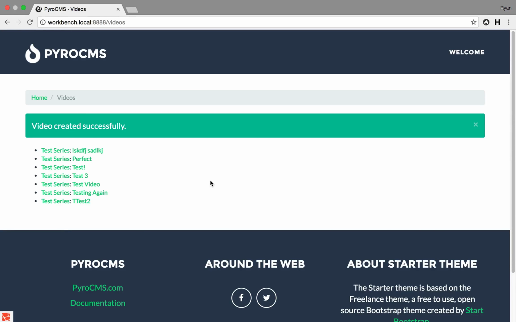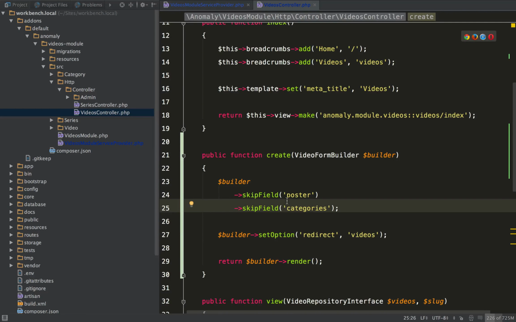Okay, so that's one way to do it, and that's definitely a perfectly fine, awesome way to do it. From here you can start setting options like the wrapper view or form view and kind of customize things the way that you want. Very easy to extend this way,